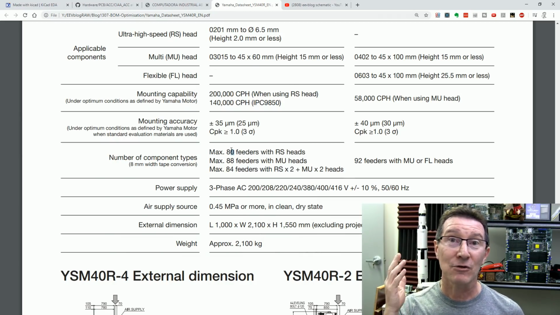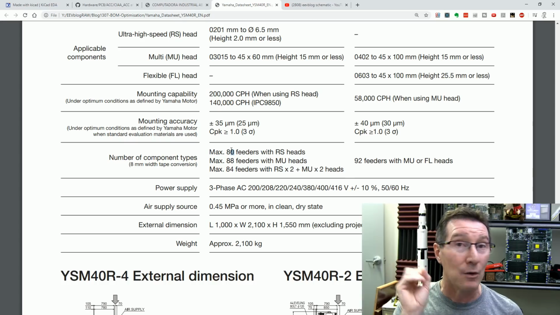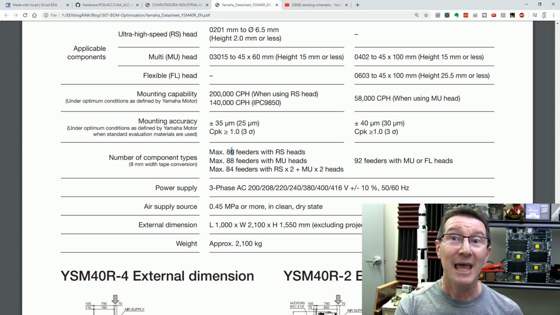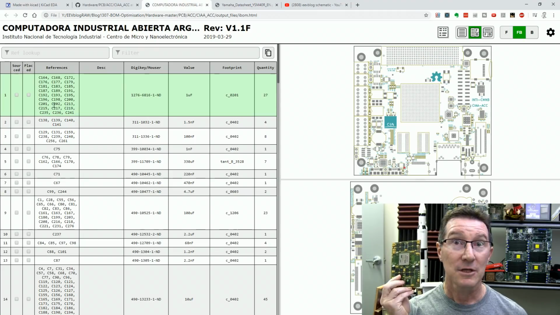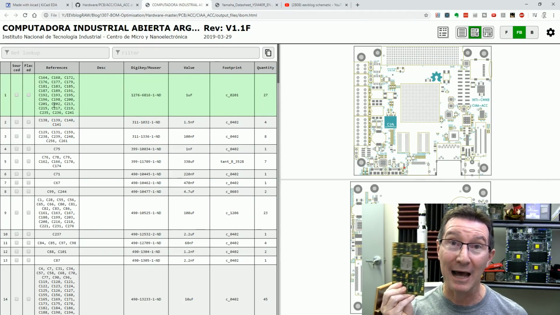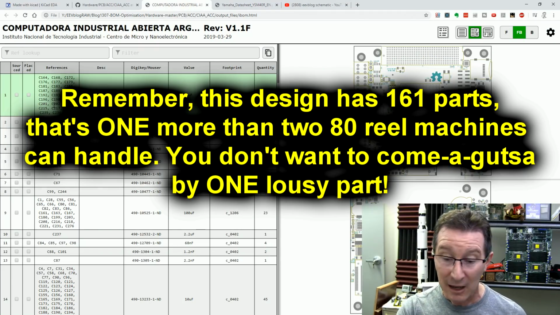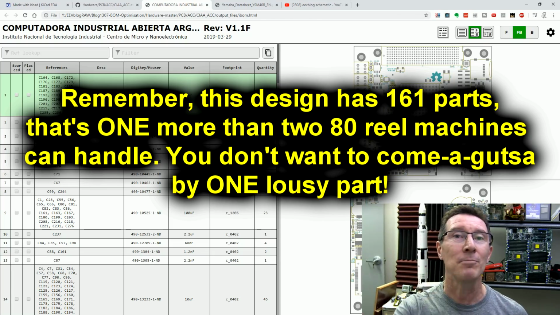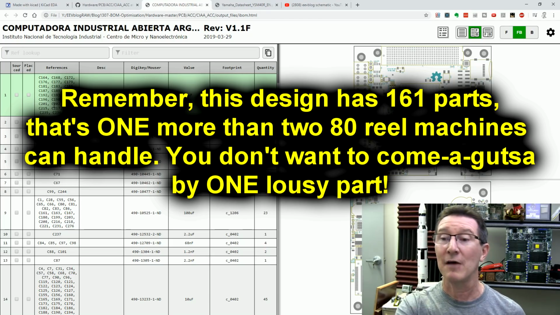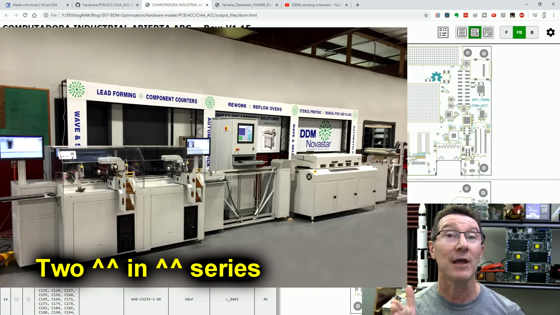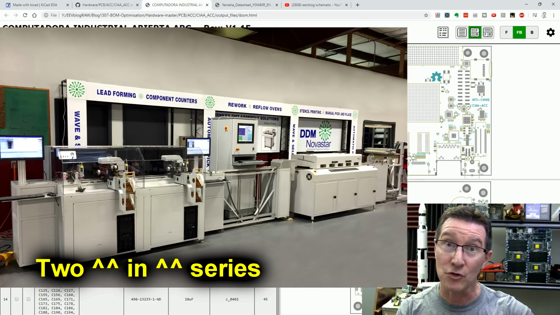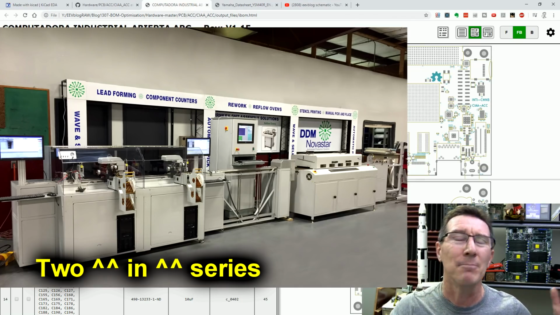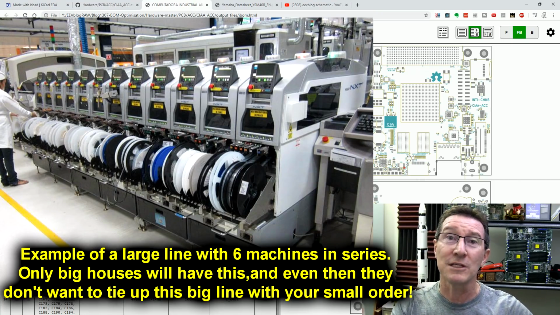So what that means is that your assembly line, at whatever manufacturer you're using, will be limited to how many of these reels they can hold. So if your design here has more than 80 parts, the absolute maximum for that particular machine, then it's not that you can't get it manufactured, it's just that they'll have to put it through multiple passes. Then they'll have to either use different lines, or they'll have to have two of these machines in series. It can pass through one machine, then through another, and some big assembly houses will have multiple ones of these machines. But just remember, this can be a big limitation for your design,